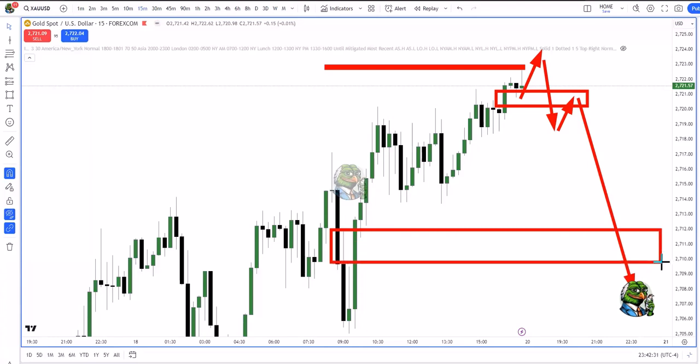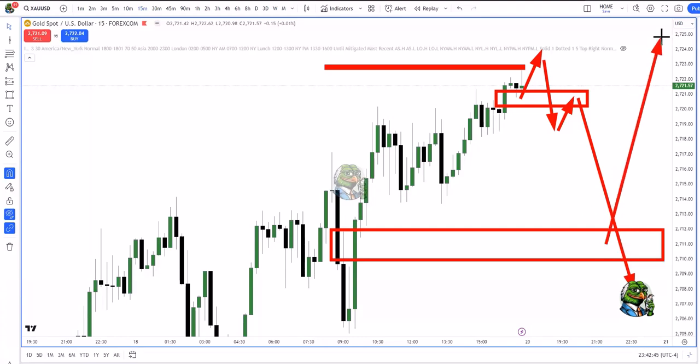This is very similar to the setup we had, I think it was Monday last week. We had this setup, and then we took a long. I didn't take the long, but students took a long, and that's what I want to see, okay? It will be better if we don't take out Friday's high, right, before coming down here, okay? Then that leaves Friday high intact to be taken once we get down to this 15-minute fair value gap. That's the exact same setup that we had last Monday, okay? Now, notice what I said in one of my last videos.